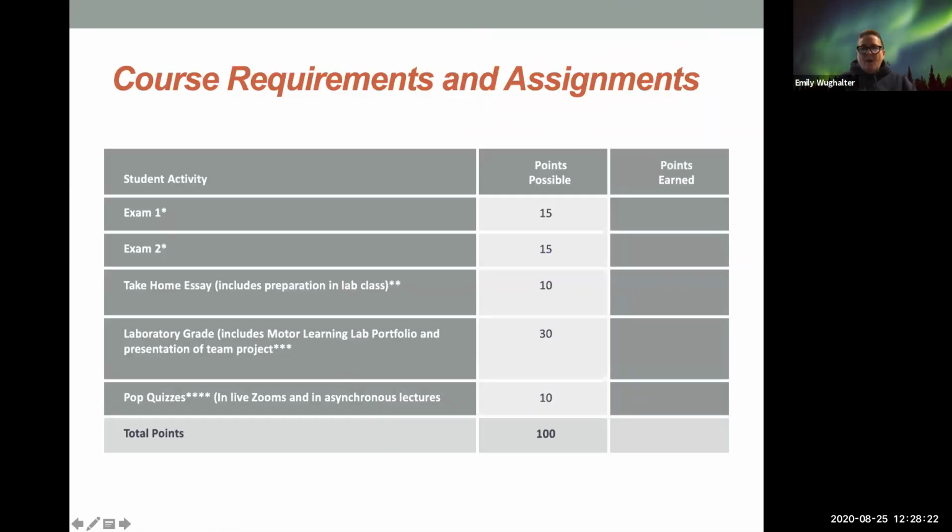Here are your requirements. And there are 2 exams. I actually reduced the number of exams for our online class from 3 to 2. Also, your exams are each worth 15 points, and they will only be essay exams.